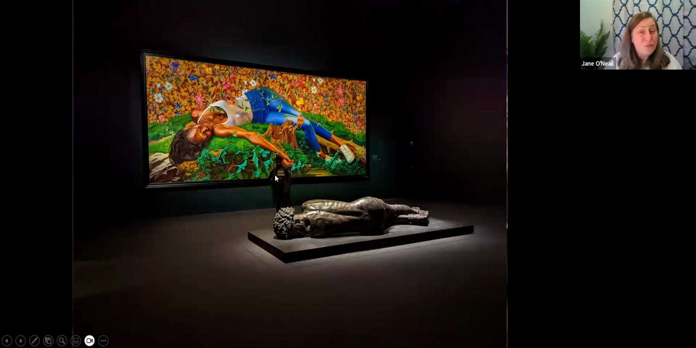You can see that he's working on a grand scale. We have somebody standing in the gallery here. The paintings are over 20 feet long. The sculptures are way over life size, and the bodies are in these dramatic poses where they oftentimes look like